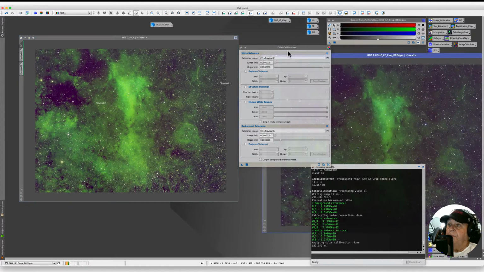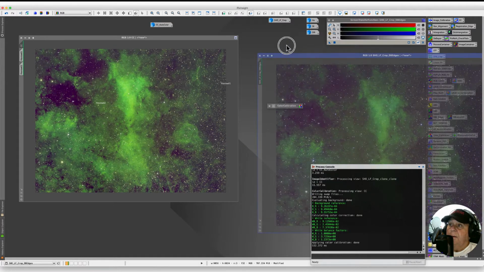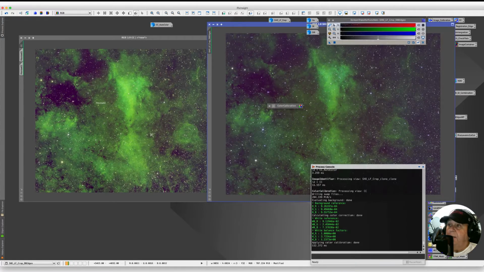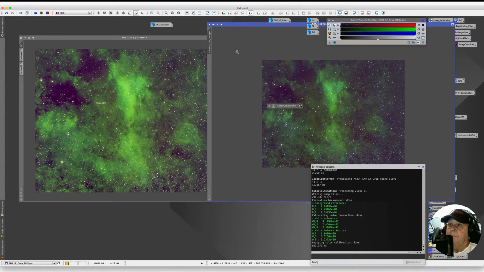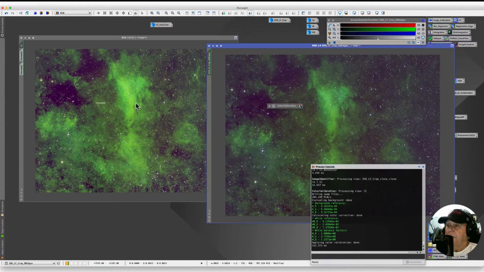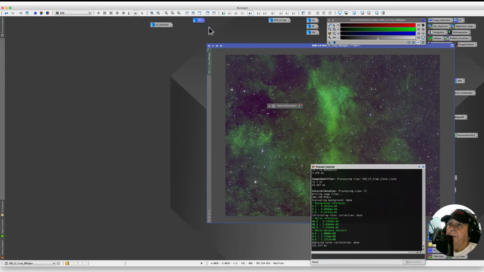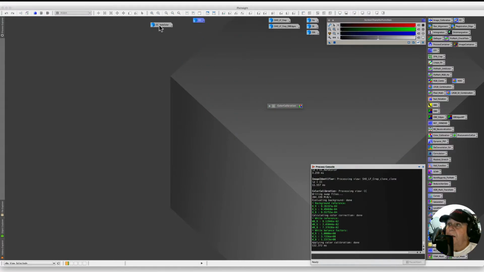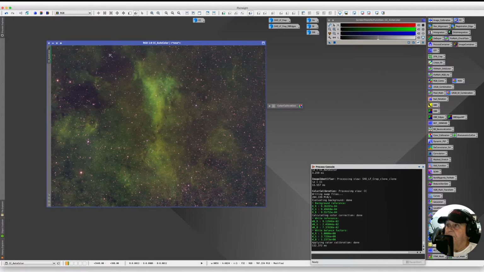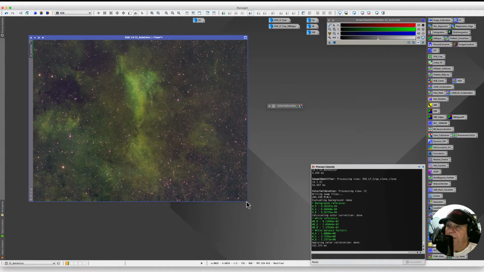So far we have used two methods of color correcting, and are they different? So this one seems to have pulled out more nebulosity. It just added some contrast that this one didn't add. So this is the color calibration. This is auto color. Now, in order to run auto color, you're going to have to download a script,